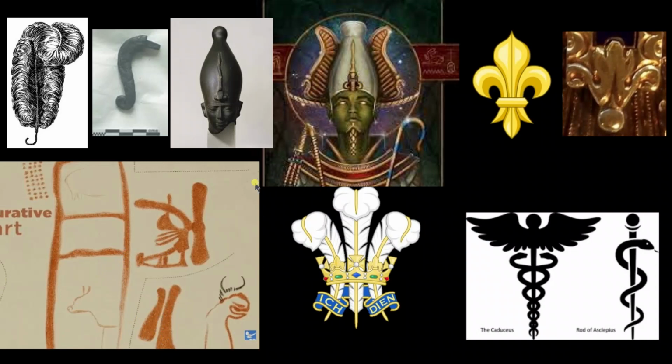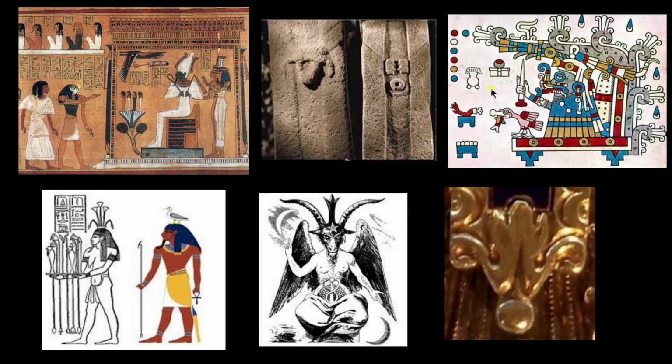Now, if you look down here, guys, we see these two marks which look suspiciously like the feathers on the Artef crown, and this third aspect, which reminds me of the feather of Ma'at or the Horus lock. And if we look, this Neolithic cave art drawing of this feather lock type thing literally has a demonic face and horns. This is the spirit of Legion, the Asclepius. It's the middle feather in the three feathers of the Prince of Wales. It is the crown of Osiris, the fleur-de-lis,